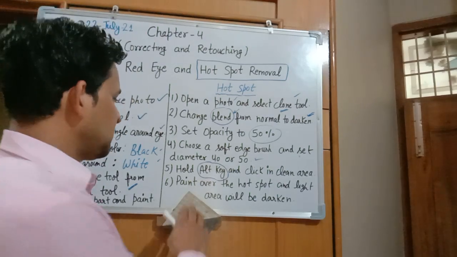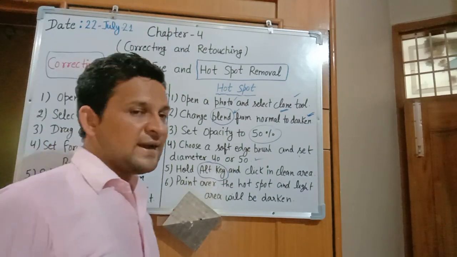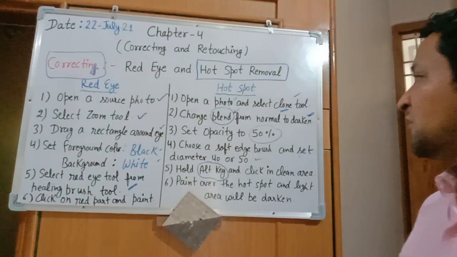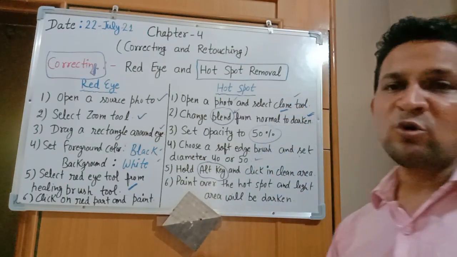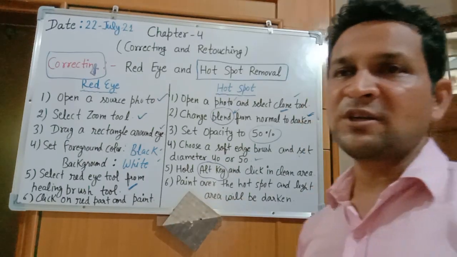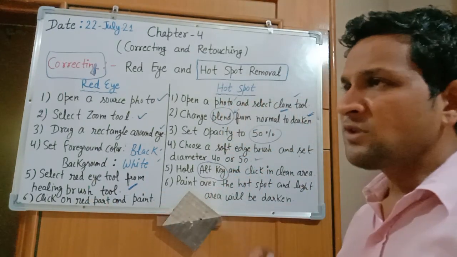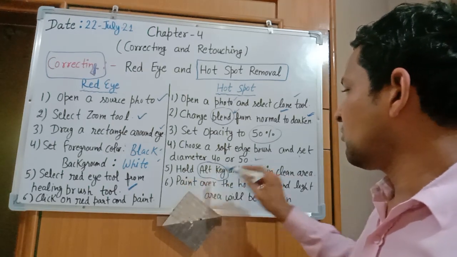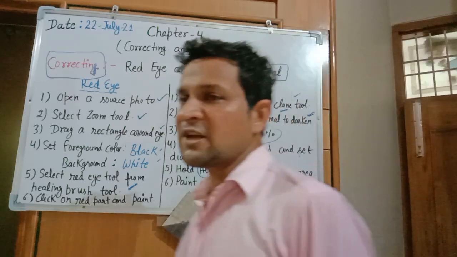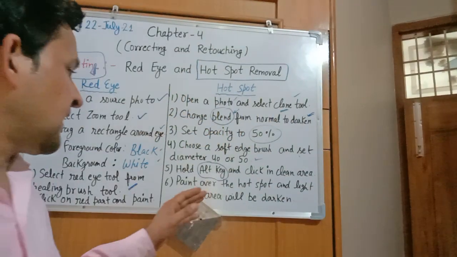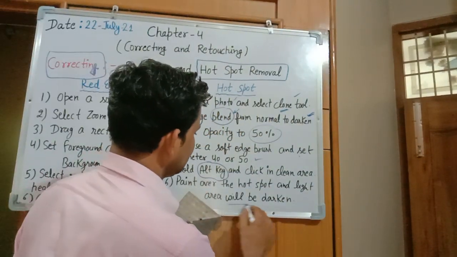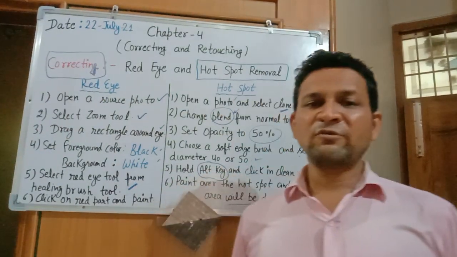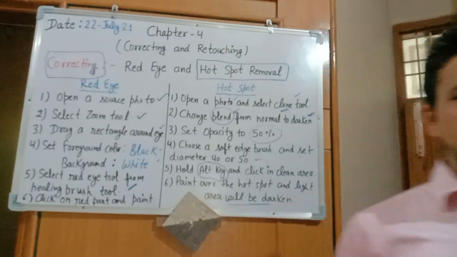And again, the same thing, you will start painting over the hotspot, and the light area will start to be displayed darker. Because our purpose was to make it darker, because the area was shiny, we have to reduce the shininess. To remove the shiny area, we need to make it dark. So afterward, we will hold the Alt key and start to clean that area, and you will see the effect. It will be converted into a darkened area. This is the concept of the hotspot removal tool. I hope this point is clear to the students.